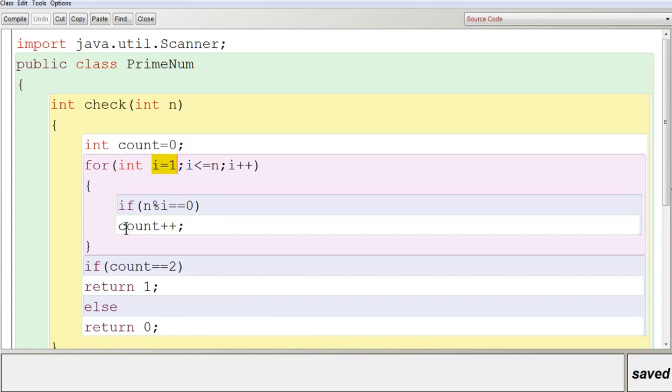So what happens is this will become true, and whatever is given below the if clause will be executed. So the count value will be increased. It is already 0, so it will increase by 1. Now after that the loop will be executed again. i will be increased by 1, so it checks whether 2 is less than or equal to 17, that is the n value. It is true.